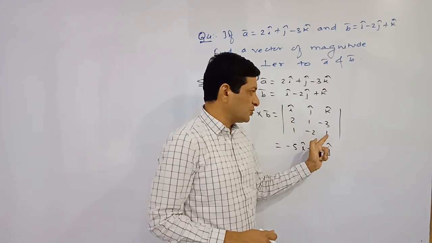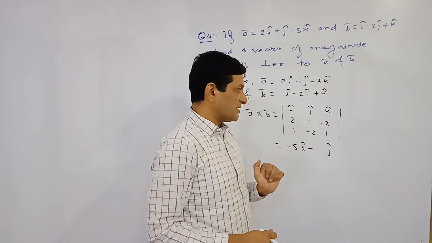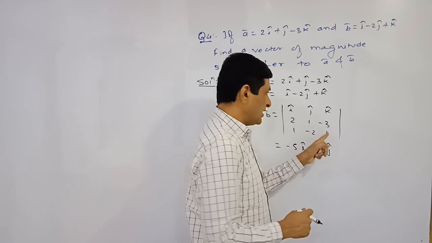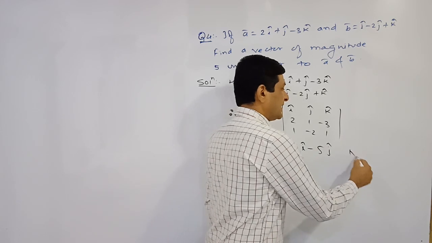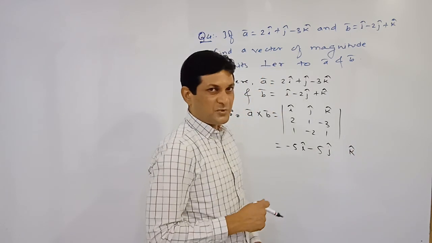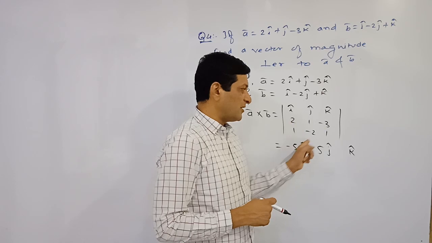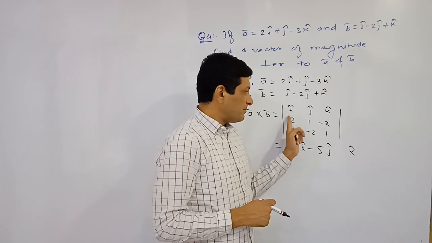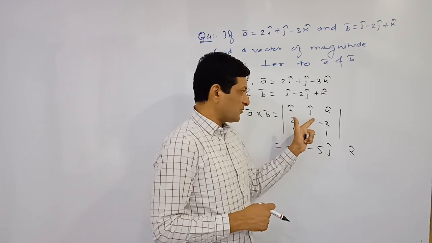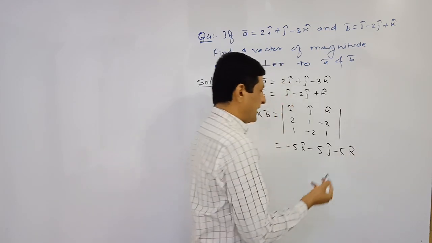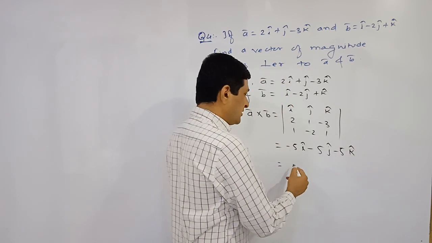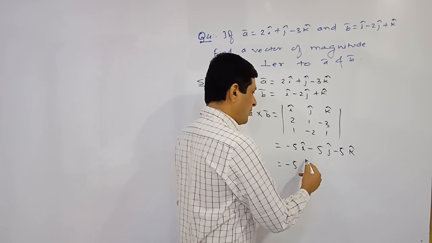So this product is 2. 2 minus minus means plus 3. 2 plus 3 is equal to 5. Let us try to find out coefficient of k cap. Delete this column, find out determinant of these four elements. Minus 4, this product is minus 4 minus 1, means minus 4 minus 1 will be equal to minus 5. If you want, you are able to take minus 5 common from all the terms.